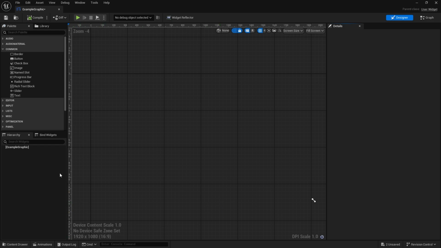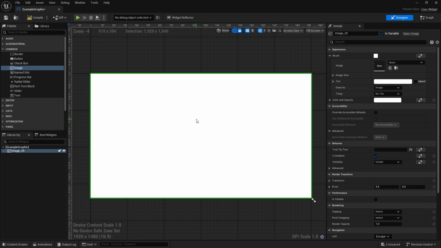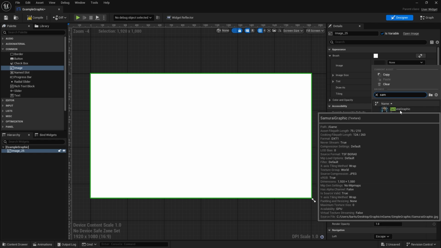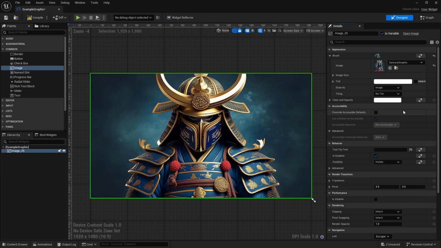Size is okay. Now we need to add an image, brush, select the graphic. This is our imported graphic. I think that it will be okay. Compile, save,